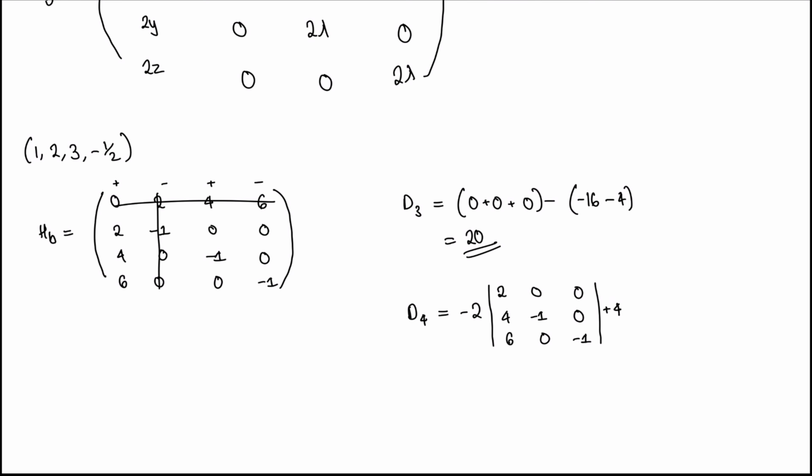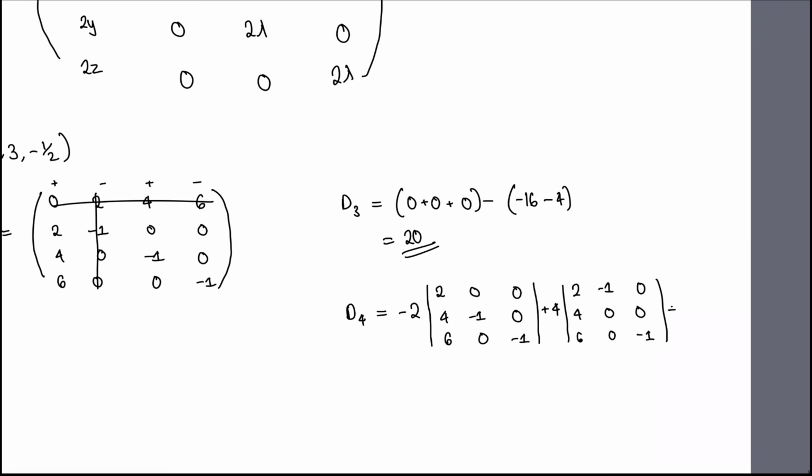Then we get plus 4, 2, minus 1, 0, 4, 0, 0, 6, 0, minus 1, and then plus 6, 2, minus 1, 0, 4, 0, minus 1,